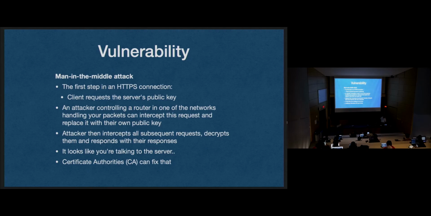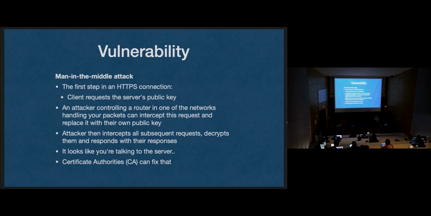All right, so we have a big vulnerability here. When we're talking about public key encryption, we need to get that public key out to everybody. So what happens during the handshake is the client says, give me your public key, and the server says, here's my public key. There's an attack here called the man-in-the-middle attack, because only men perform this attack, apparently. Maybe that's the next thing to be changed in name. But for now, it's the man-in-the-middle attack,